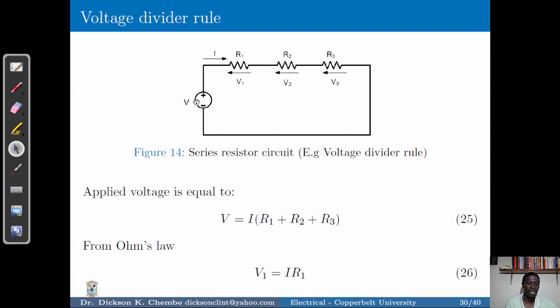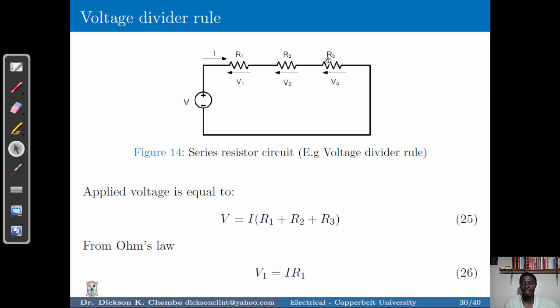In this case, we have V being equal to V1 plus V2 plus V3. But then we know that the current in series circuits or resistances is the same, I. Therefore, V1 is equal to I multiplied by R1, V2 is equal to I multiplied by R2, and V3 is equal to